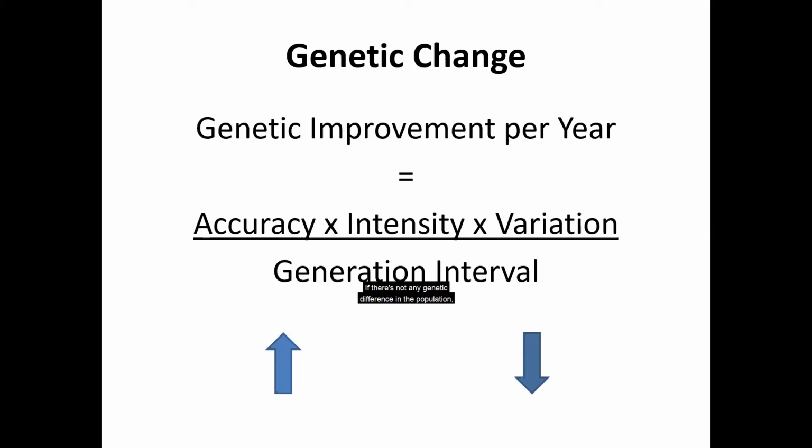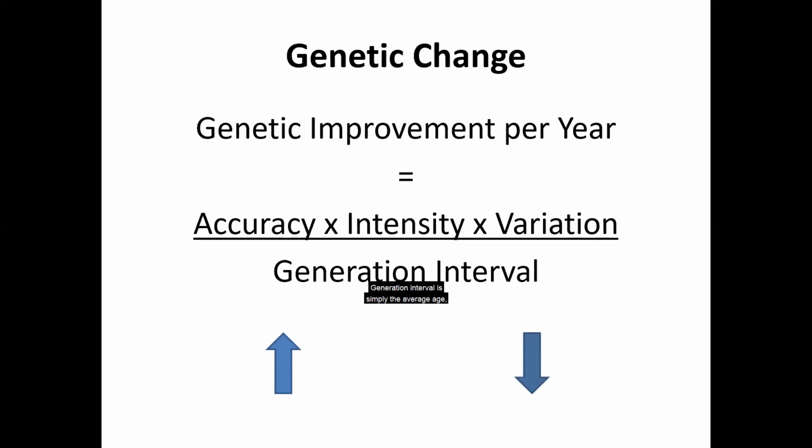And variation. Variation is simply the genetic variance for a trait. How much difference is there in the population that we can select from? If there's not any genetic difference in the population, we can't move it. But if there is genetic diversity, which most times there are, we can select for desired genes and we can